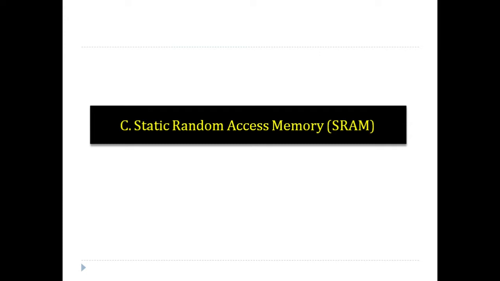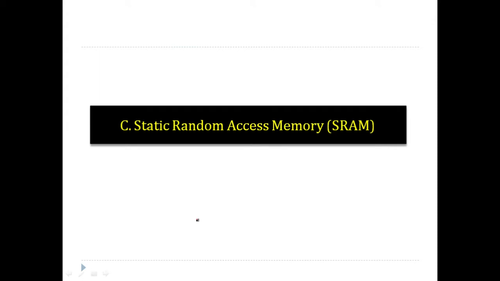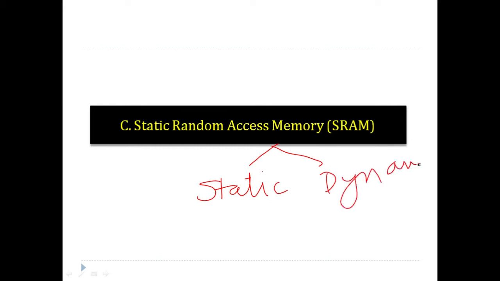Today we are going to start our discussion with RAM, random access memory. So we know that semiconductor memories are divided into two types. First is read-only memory and second is read-write memory, which is commonly referred to as random access memory. Random access memory can be further divided into two types. One is static RAM and the second is dynamic RAM. The classification is based on the way data is stored in the cell.